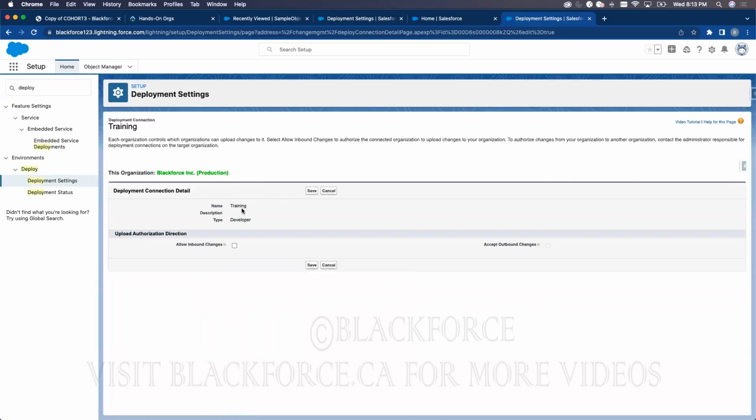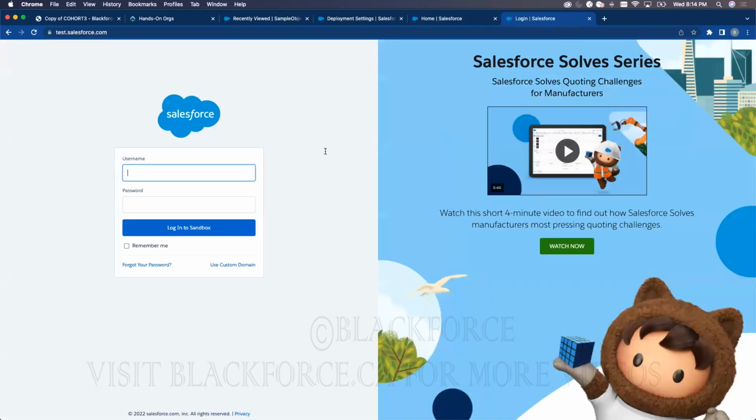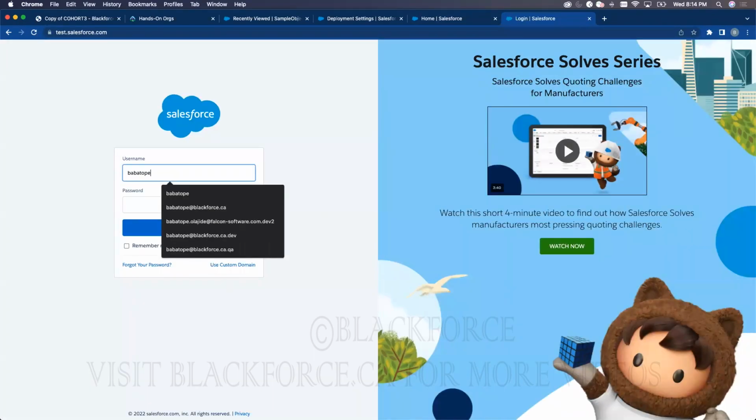So if I want to connect my production with training, all I just need to do is click on Edit and allow inbound changes. Allow inbound changes ensures that whenever I'm in production, I can create a change set and push that change set into production. Similarly, if I am in training org, I can connect to other orgs from training org. For instance, if I log into training org,